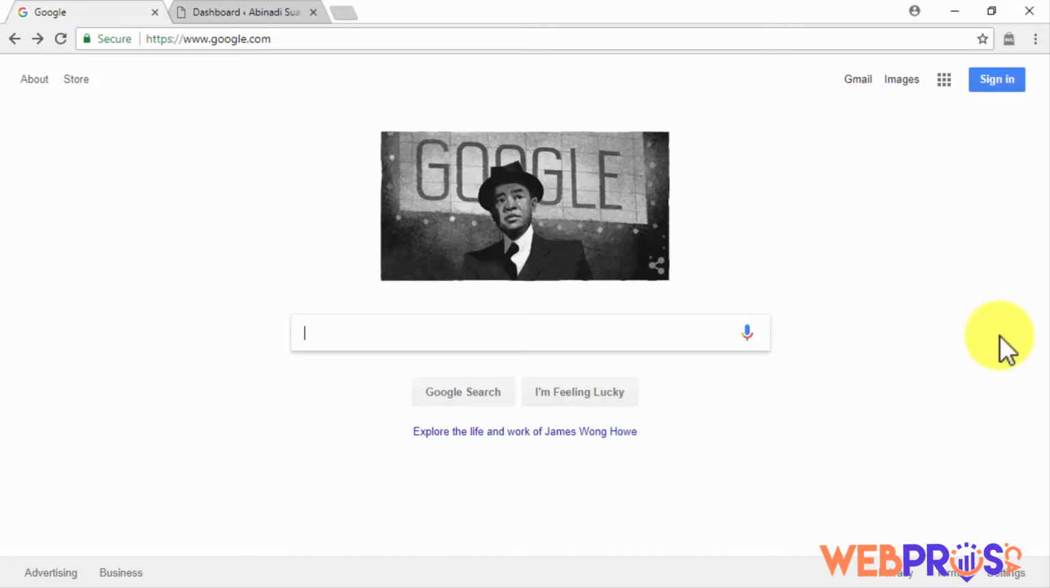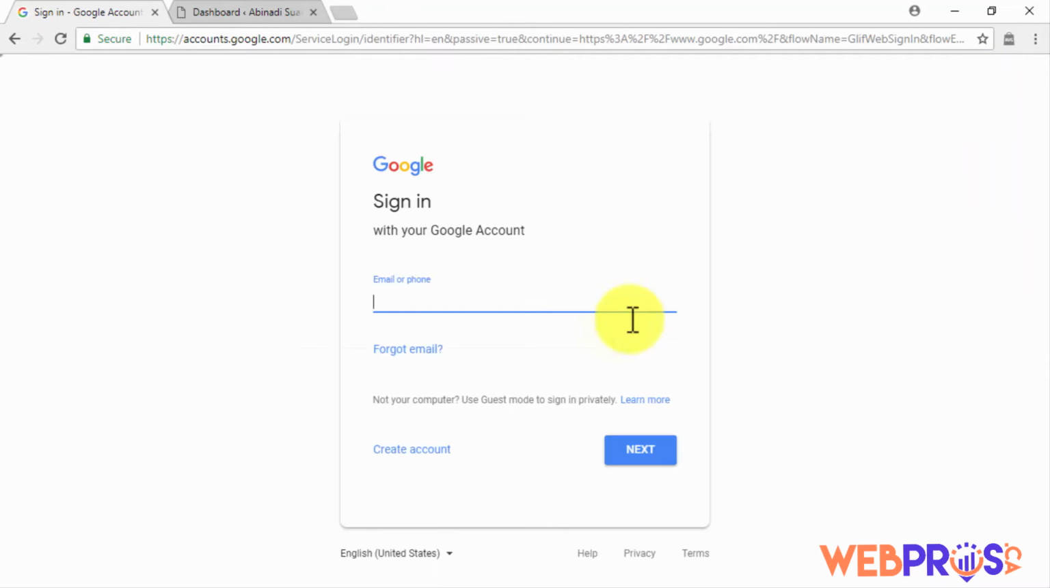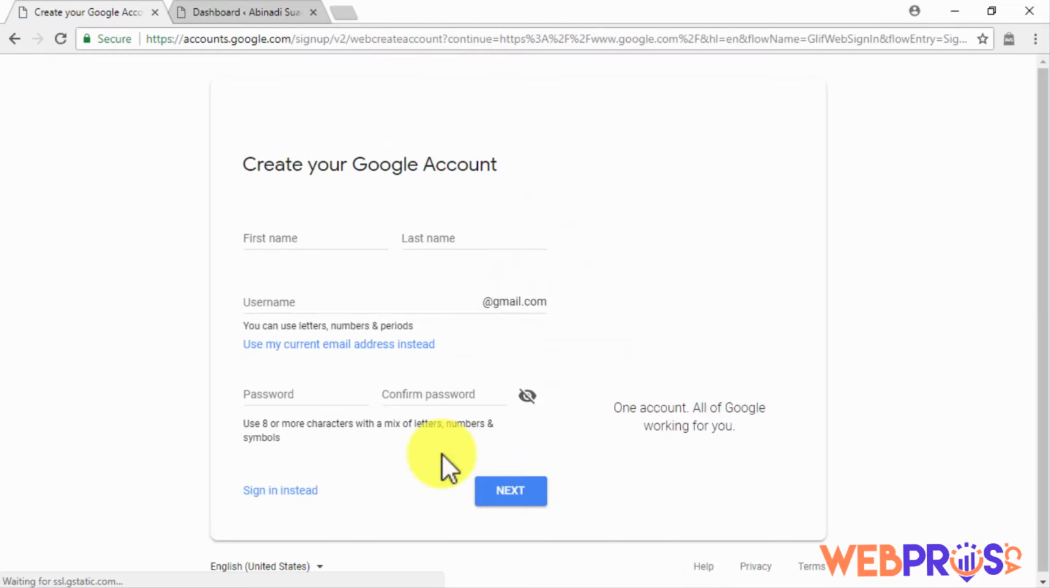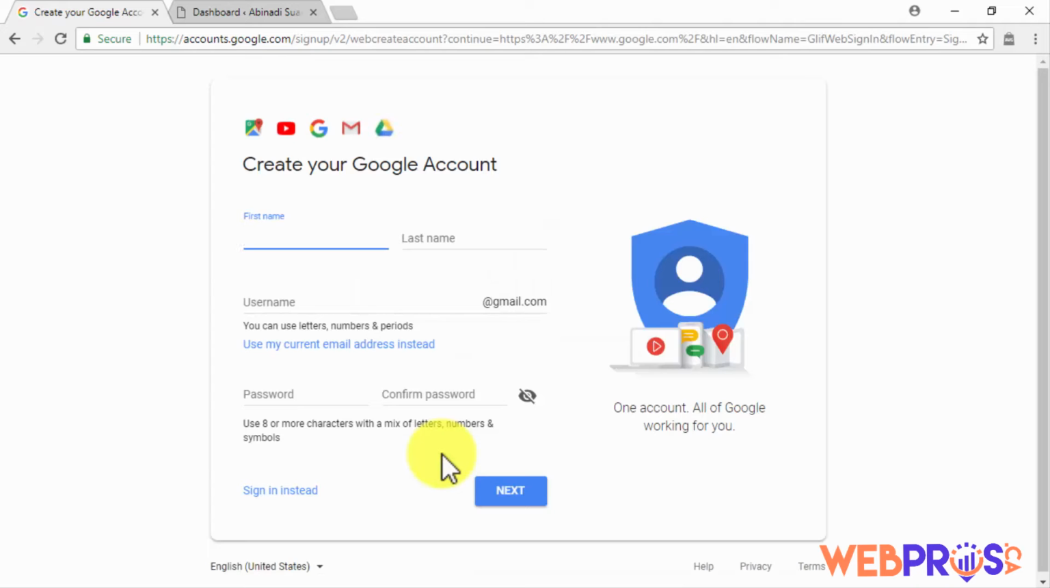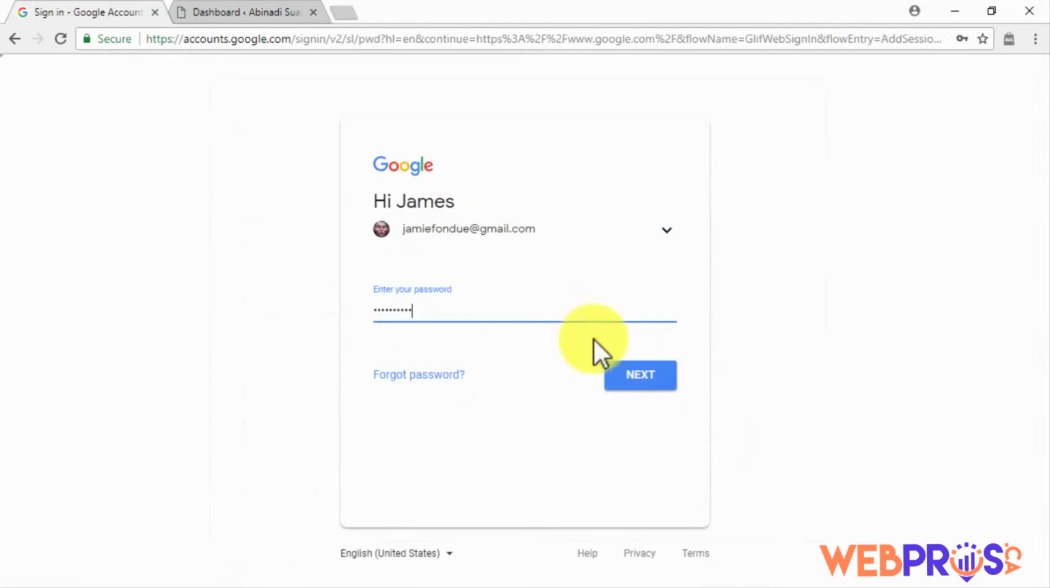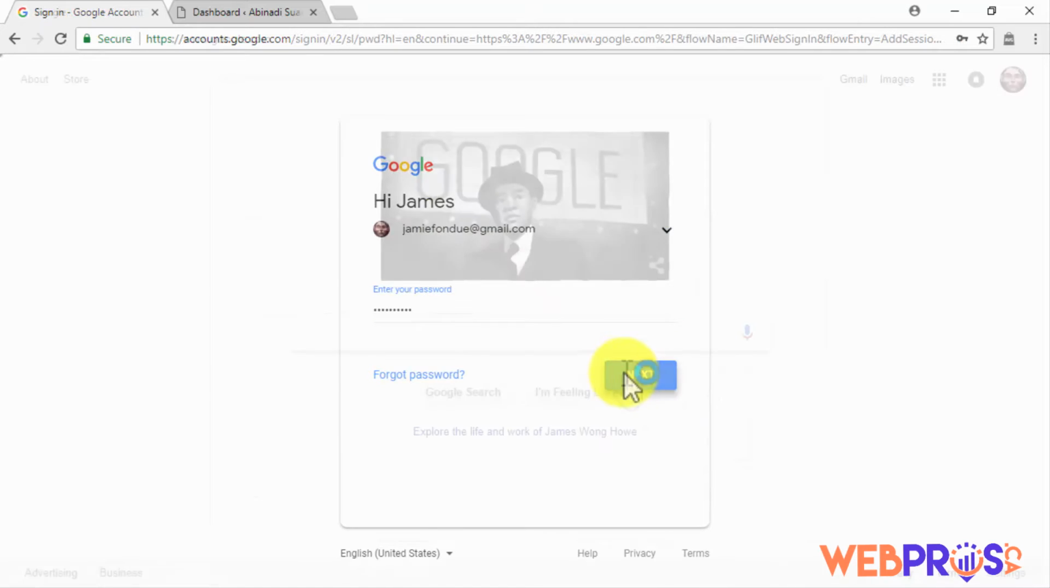You might already have one if you've ever signed up to a Google service such as Gmail or YouTube. In case you haven't, you will simply have to go to google.com and then to click on the Sign In button. Then click on Create Account and follow the account creation steps. Now, if you already have a Google account, you will simply have to sign into your account and then go to